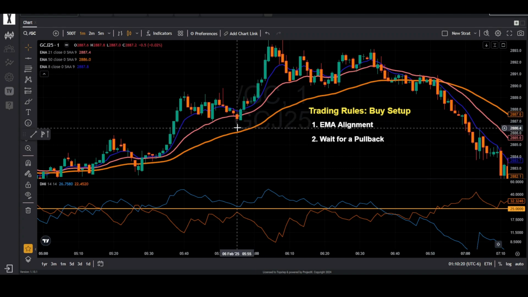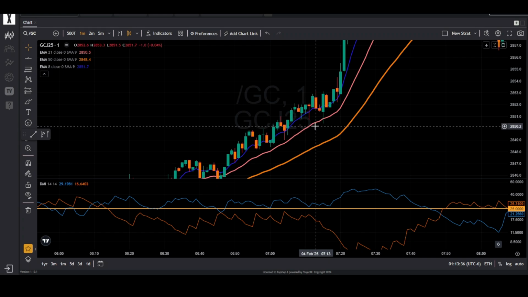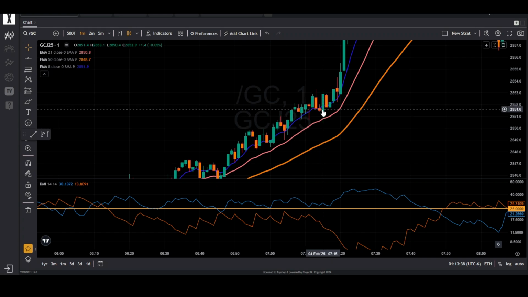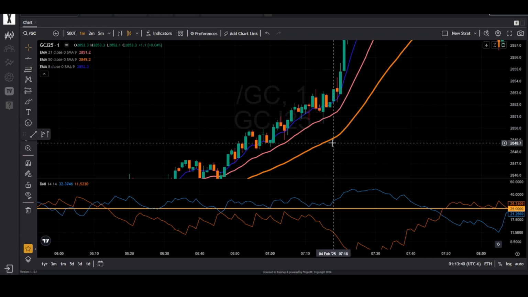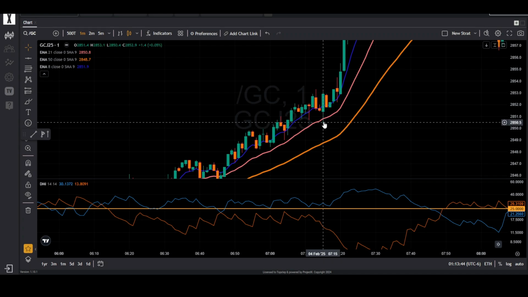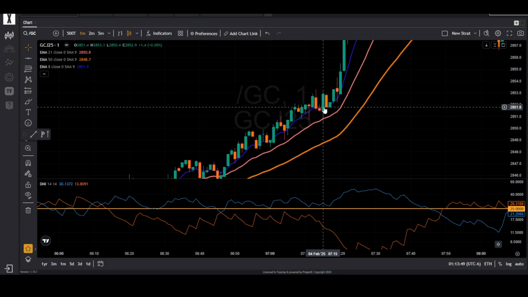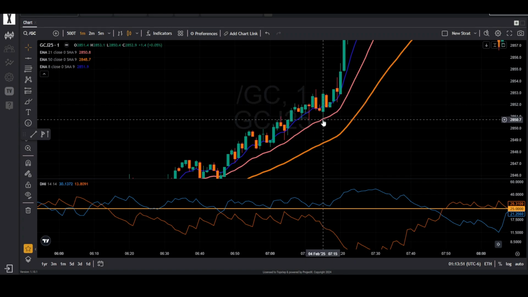So like in this case, we do have a bearish candle between EMA 21 and EMA 50. So here's the example of a bullish candle with a long wick that pulled back between EMA 21 and EMA 50. As you can see, this candle has a long wick and it has a strong momentum. It has like a strong bullish candle. So we can consider it as well.